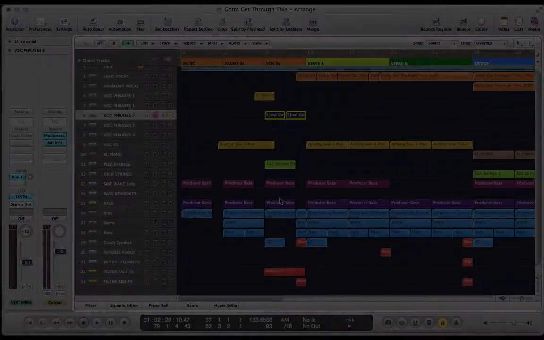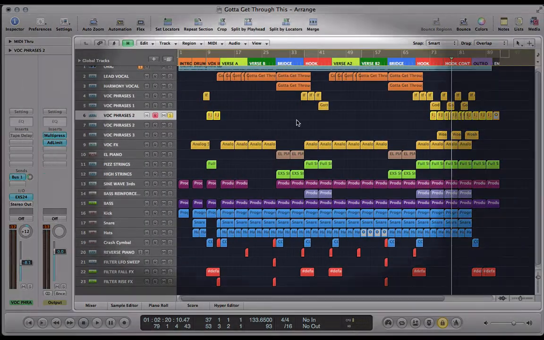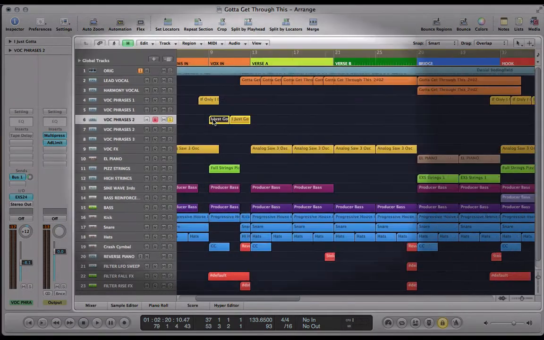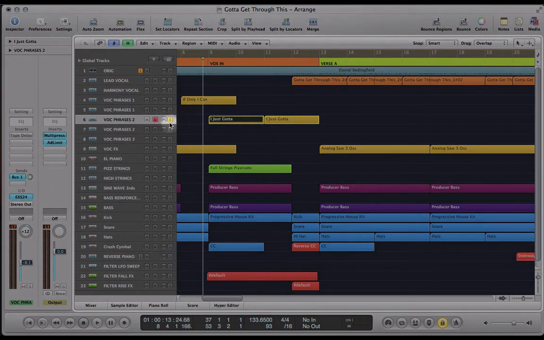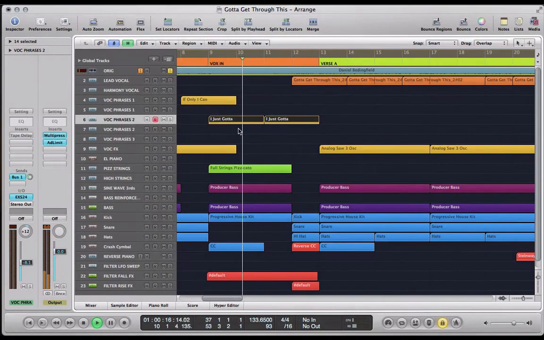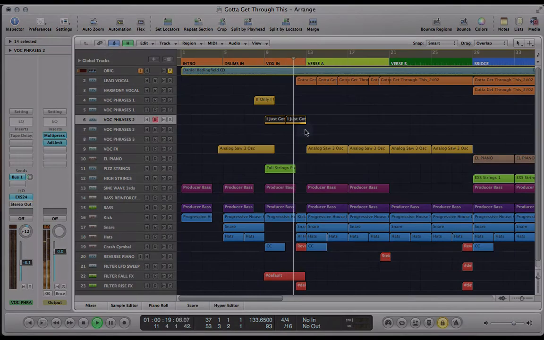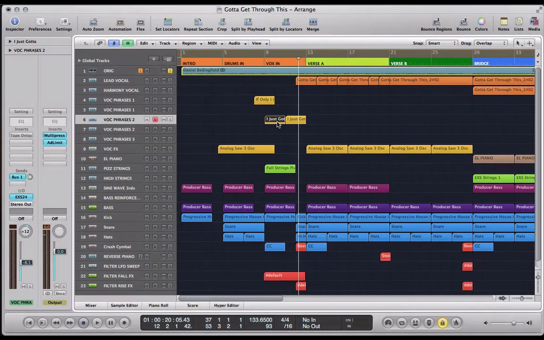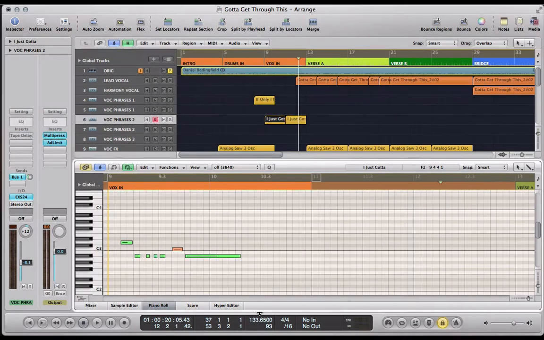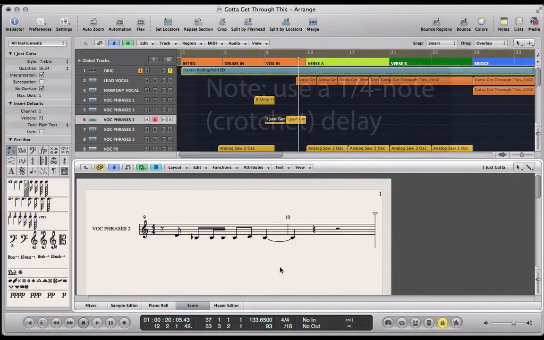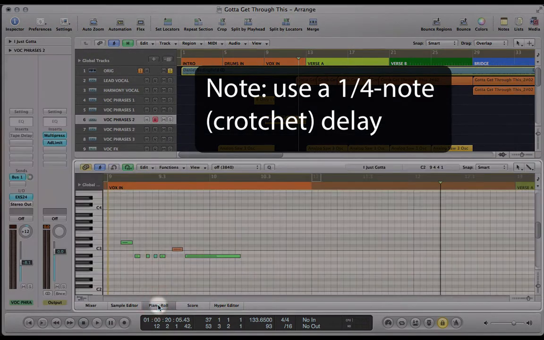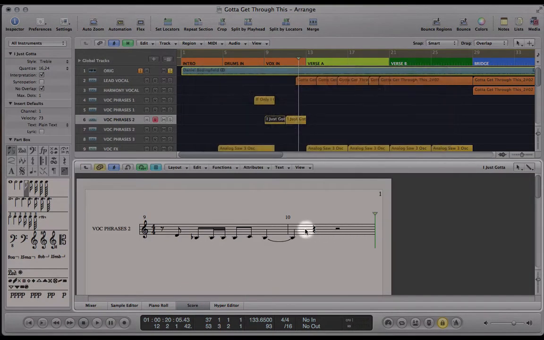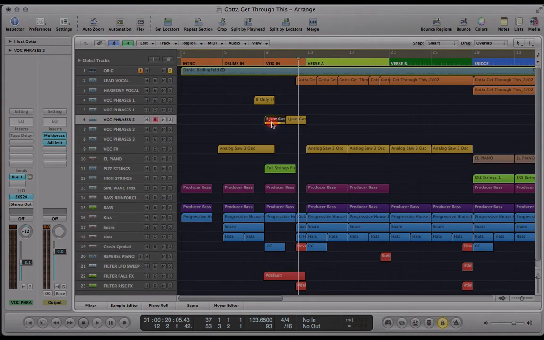Moving on, the third little ad lib is a little bit more complicated. We hear this for the first time, again, during the intro. Let's have a listen to that in the track. So it's that "I just gotta get through this" 2-bar phrase. It looks like this. You see that most of the second bar is empty. It's just the last note of bar 9 that hangs over to bar 10. So it's a 2-bar phrase, which you can just copy from bar 9 to bar 11.